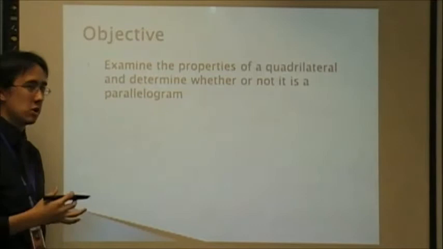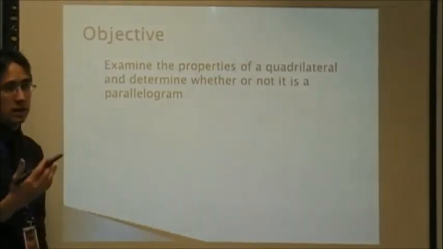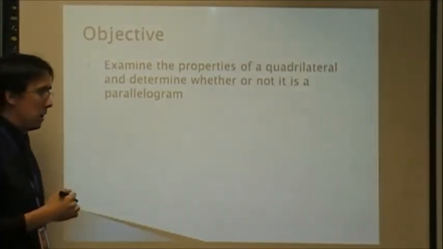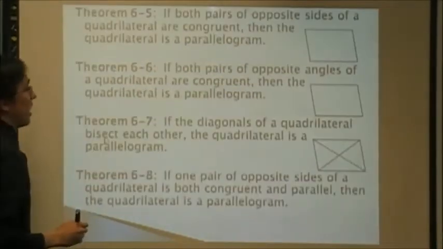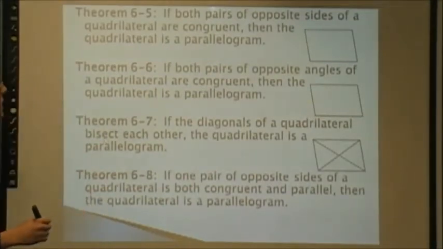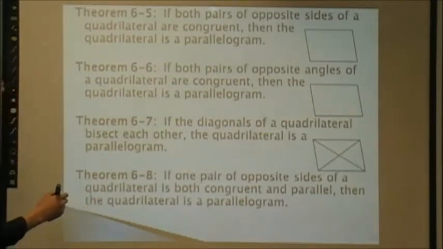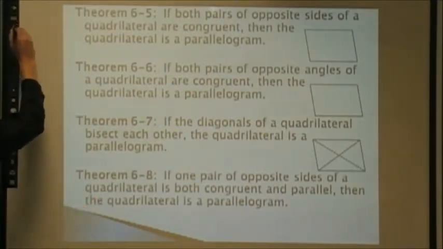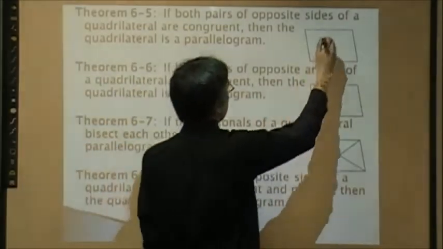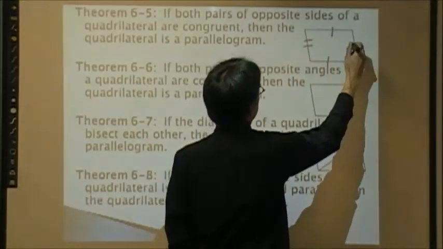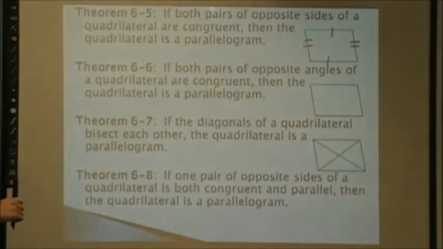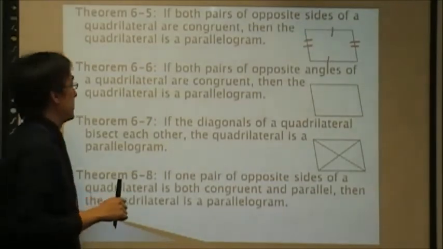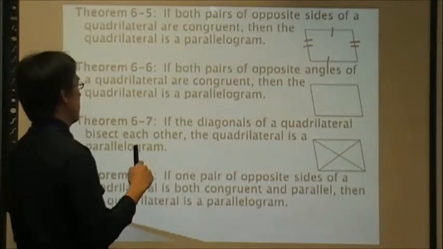So opposite sides have to be congruent, opposite angles have to be congruent, opposite sides have to be parallel, diagonals bisect each other. So with that, we have a whole list of the converse theorems. Theorem 6.5: if both pairs of opposite sides of a quadrilateral are congruent, then the quadrilateral is a parallelogram. So if I can prove this to be true, where opposite sides are congruent, I prove that that quadrilateral is a parallelogram. Theorem 6.6: if both pairs of opposite angles of a quadrilateral are congruent, then the quadrilateral is a